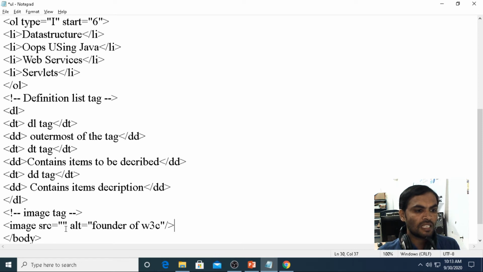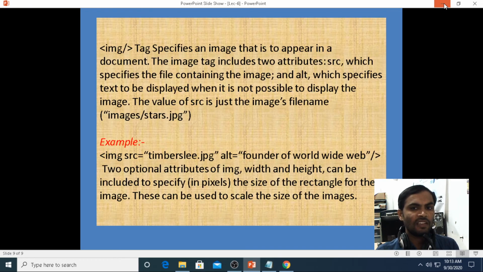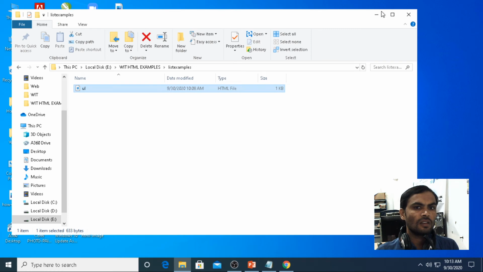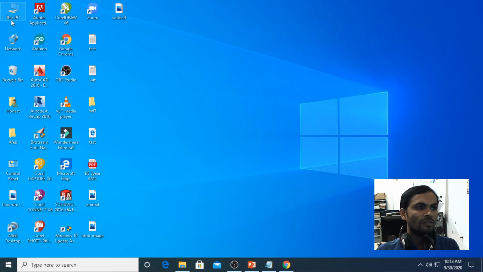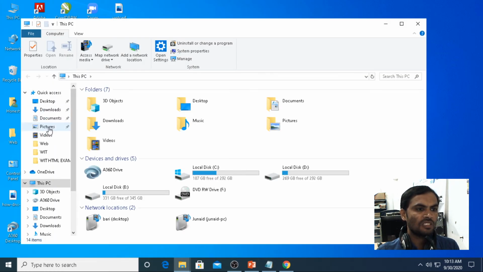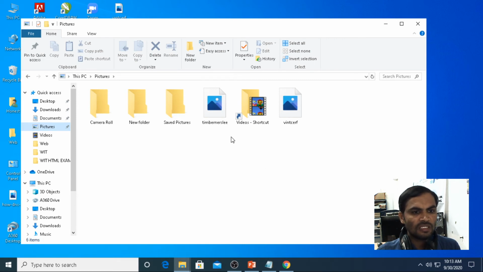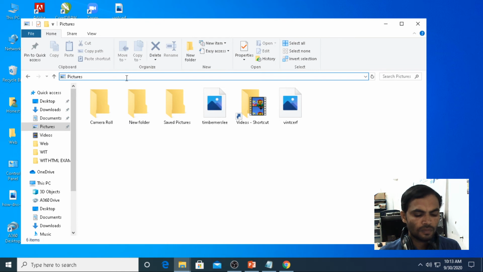Now under the SRC I am giving the file. This PC, Pictures, and under Pictures, Tim Berners-Lee.